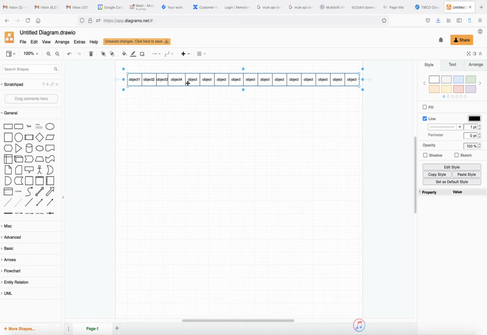Since we have defined maximum concurrency equals to 5, we will have a total of 3 runs. In the first run it will take 5 data, then 5 data, then 5 data. So the total time is 2 plus 2 plus 2, 6 seconds. And in the previous case it takes 30 seconds. So which one is more efficient? The second one, parallel for each. Hope everyone is clear why we should use parallel for each here.